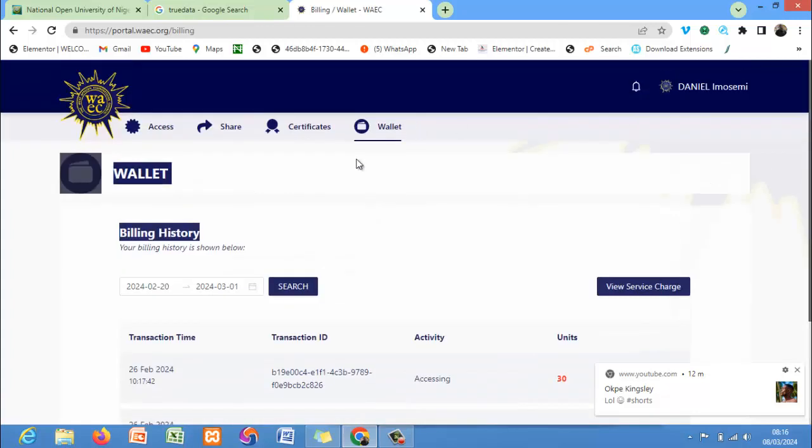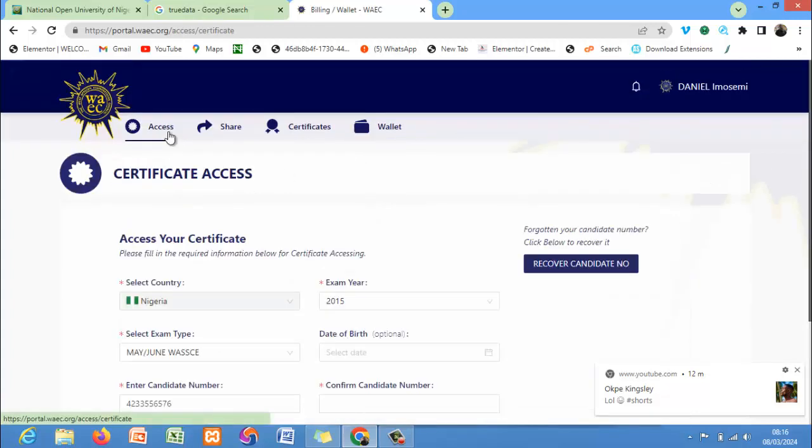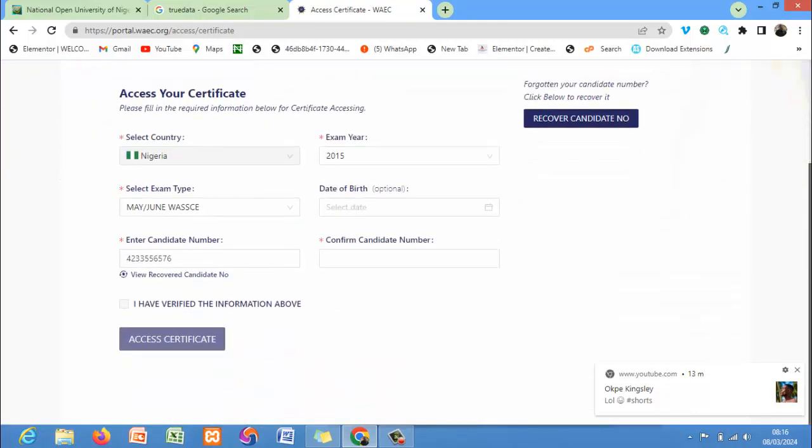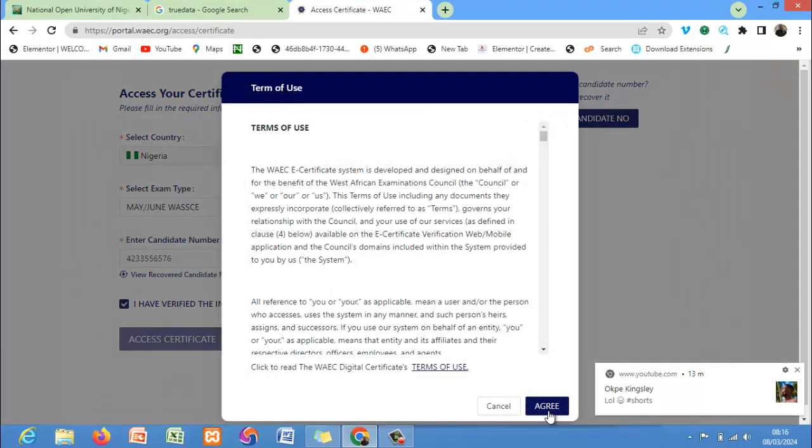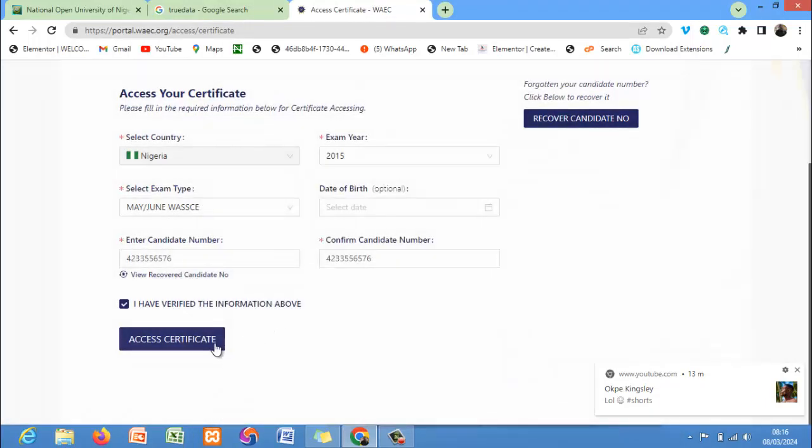So once you have done that, you come back to this access again. Then you continue with all these processes, you can see everything is even there. So you just need to re-enter your candidate number again, then proceed. Once you click on access, let me enter it again. 4233556576. Once you click on agreed and you continue and you click on access, this is the second time,